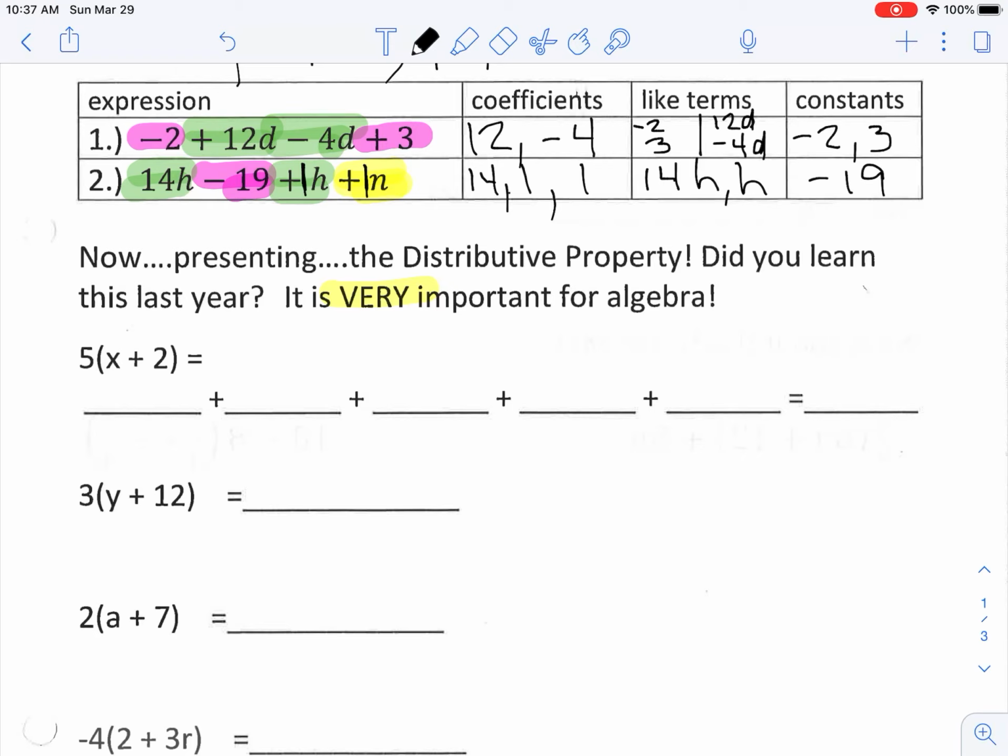Remember that when you have a 5 sitting in front of x plus 2, that means that you're multiplying the 5 times the x, and you're multiplying the 5 times the 2. So that means you're going to do x plus 2 5 times. So that means x plus 2 once, x plus 2 twice, x plus 2 3 times,